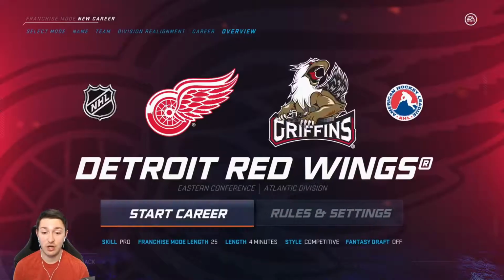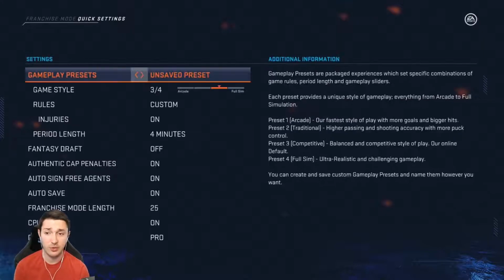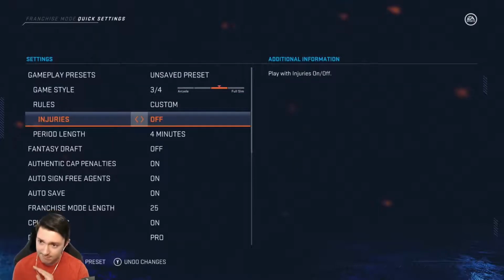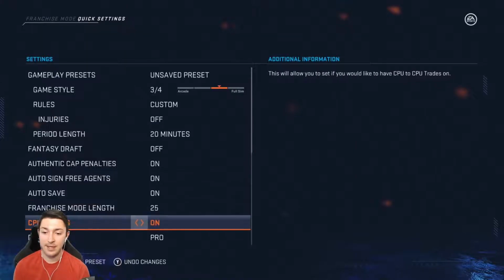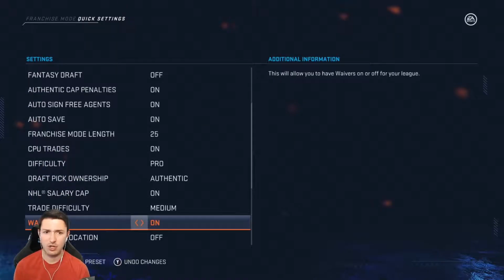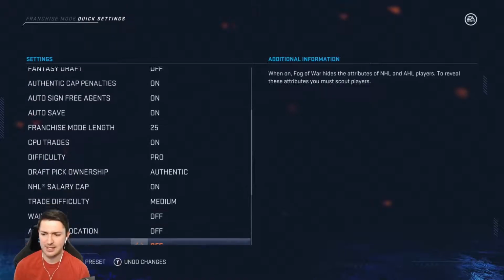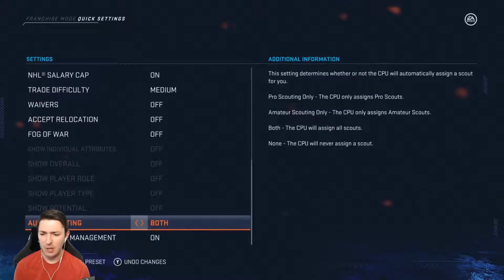I'm going to go ahead and turn off any kind of notification here. You guys will see the settings real quick. I'm going to turn injuries off because we just want to see straight up how long we can get. Let's go 20 minutes there. CPU trades, obviously pro, medium difficulty. Waivers, I think I'm going to go off because that's just going to be a little bit confusing if I do have to jump in. We're going to have auto scouting,